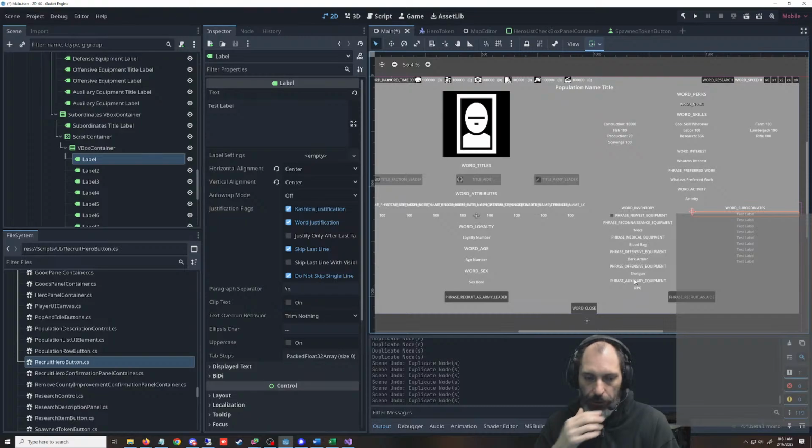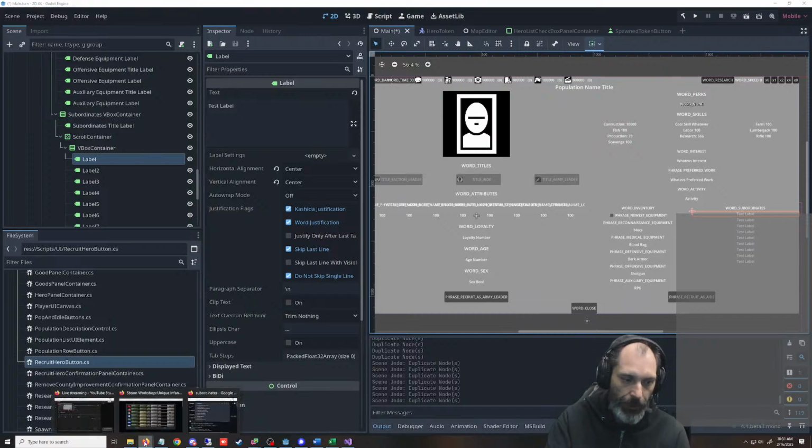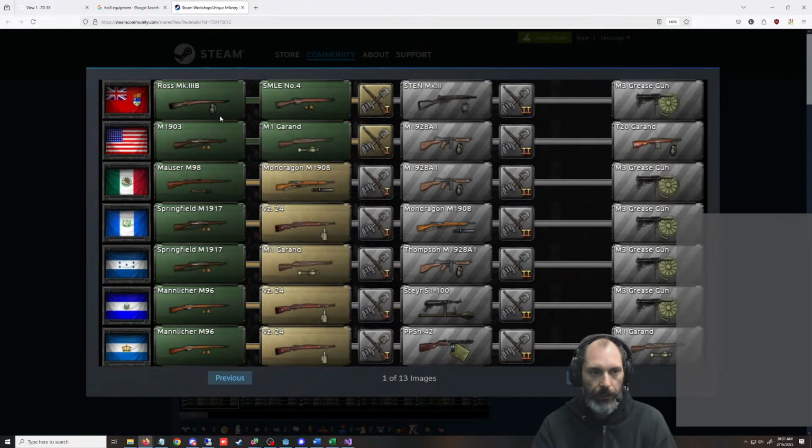So the other thing we could do, actually going back to this picture of Hearts of Iron, is have something like a matrix pop up, and you could pick for each hero. It would default to the best stuff. But then you can say, oh no, I want my guys to have crossbows or whatever. I want my guys to have Springfields. And this is all the same type of guns, but just imagine there were different guns here. Use your imagination.